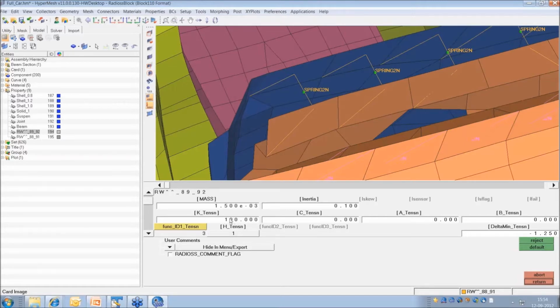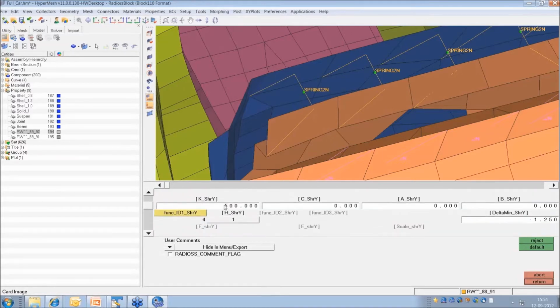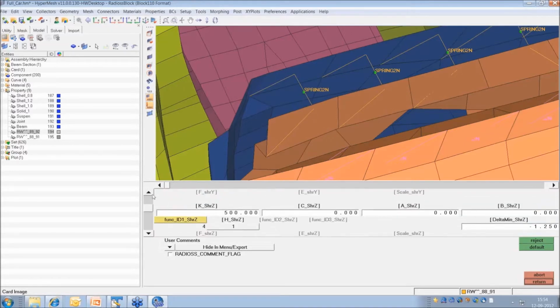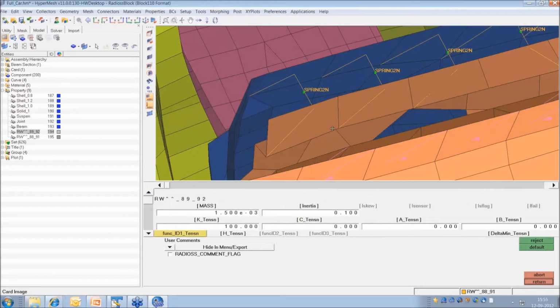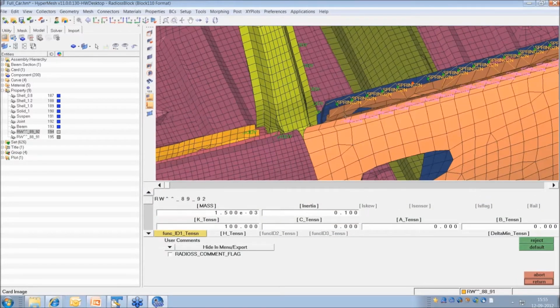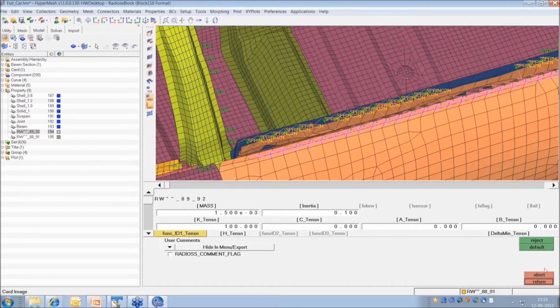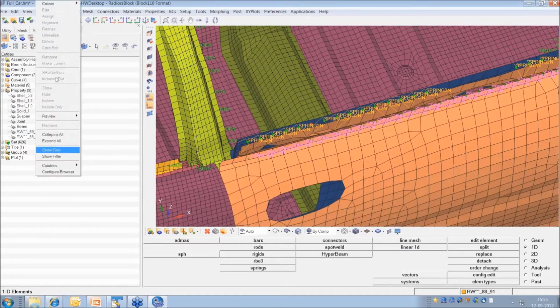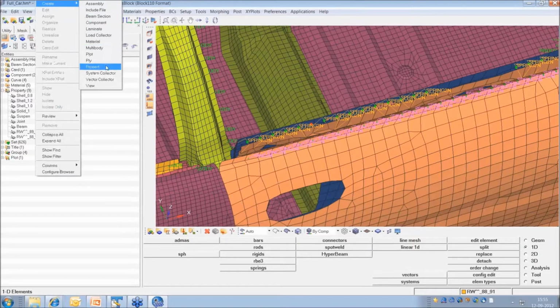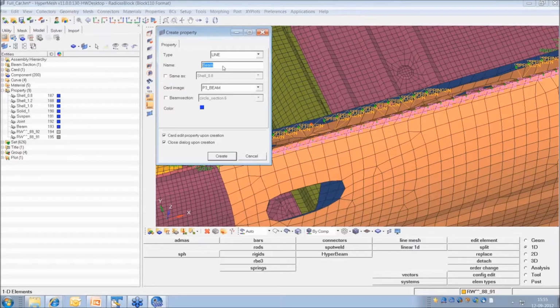So if I see in that regard, this K tension is tension along this X direction, which is very less for me. Same is along shear, and so with these values, if I run my analysis, though it will create a connection between these two, these panels can easily elongate. So this spot weld property is totally not suitable for me. So what I will do is create a new spot weld property. Again, I will go to create property line. Maybe its name is spot.